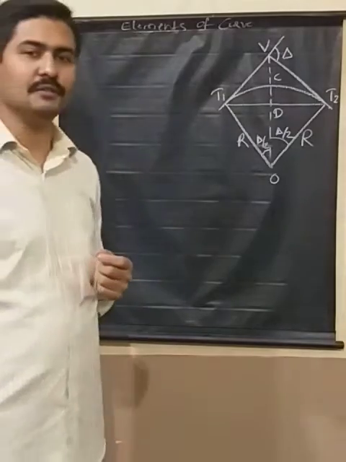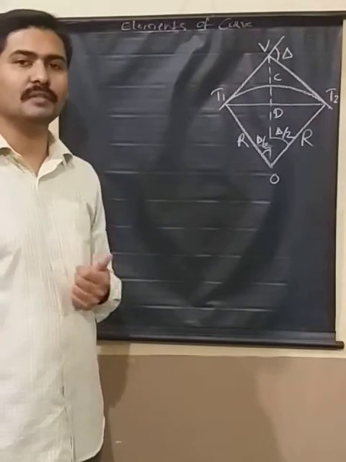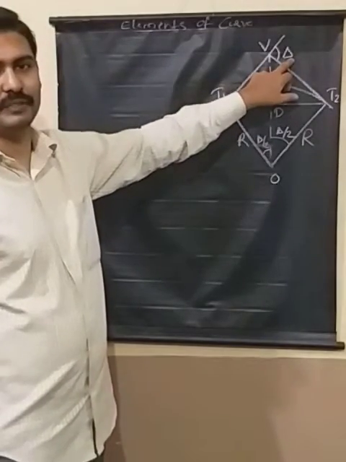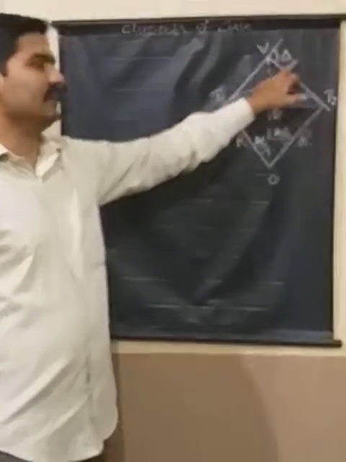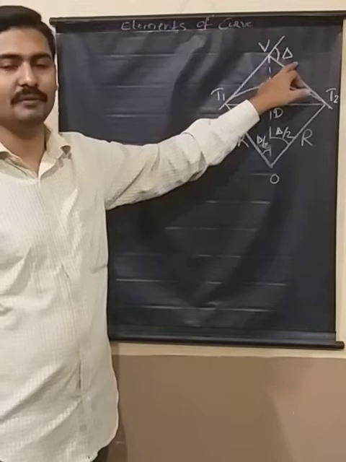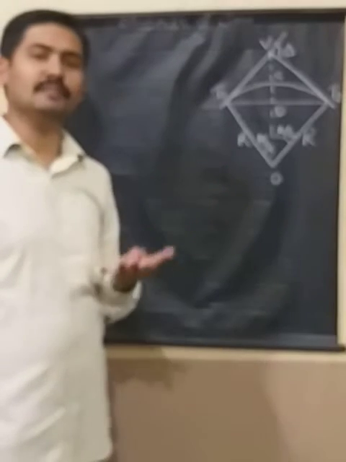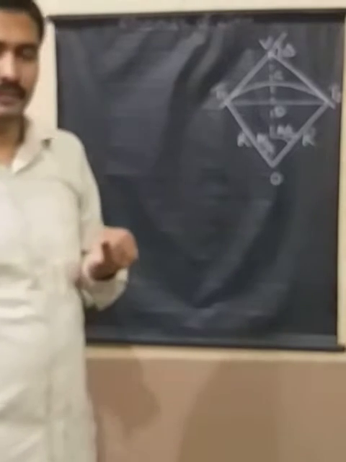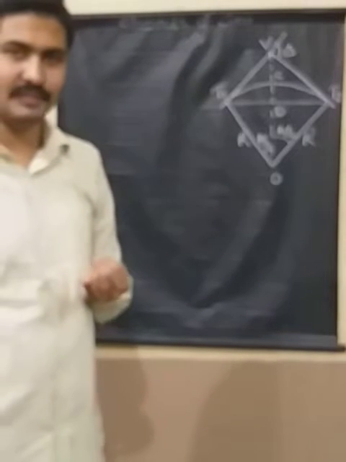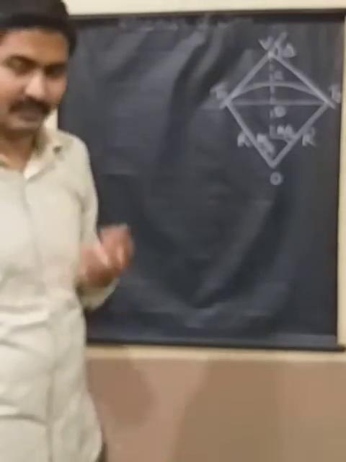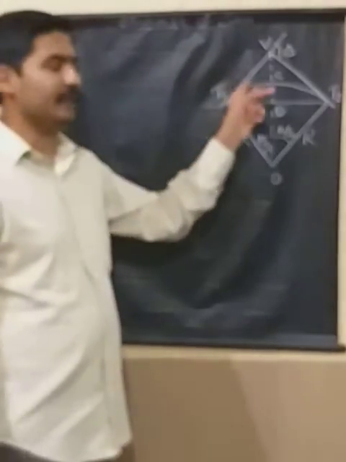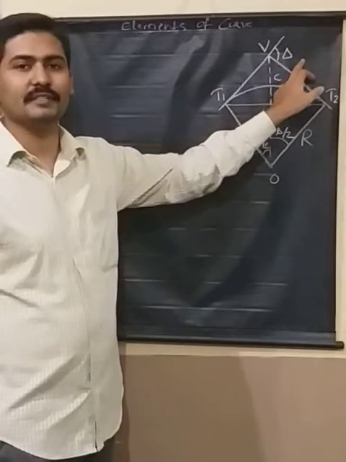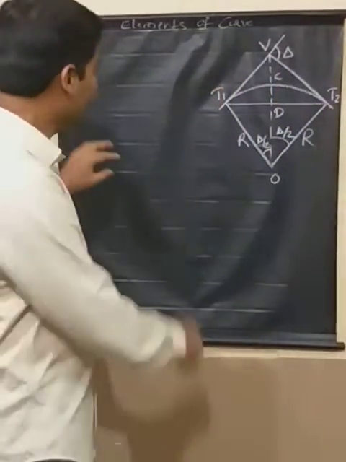So in your examinations you will be given the radius of the curve, r, and the angle of intersection, delta. You are supposed to find out the length of the curve, tangent length, length of the long chord, external distance, and mid-ordinate, when radius and angle of intersection are given to you, right? So I will begin with the first one.